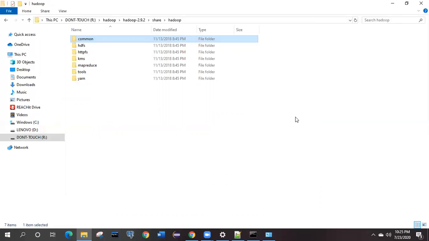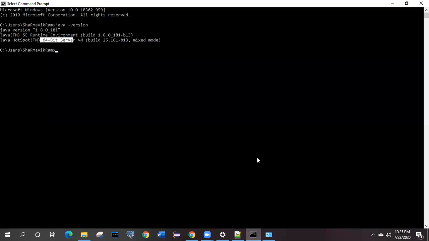What is the next step to install Hadoop on Windows? We'll open the command prompt again and type here hadoop -version. We'll see whether it gives you any specific value or not.